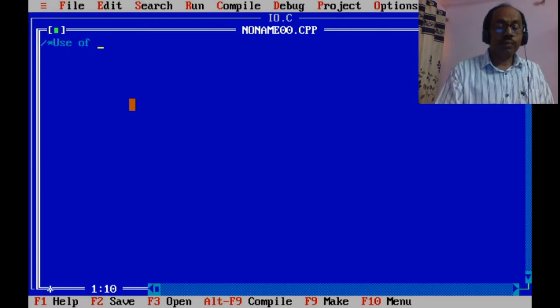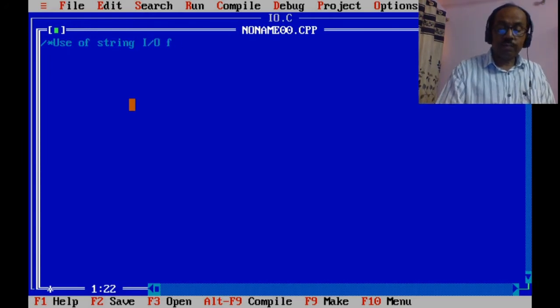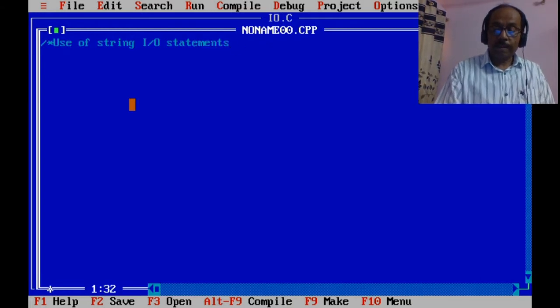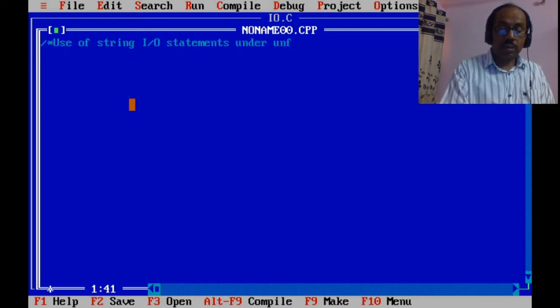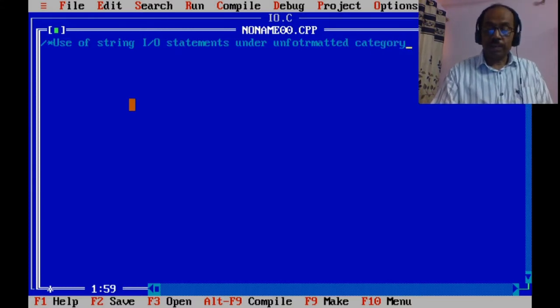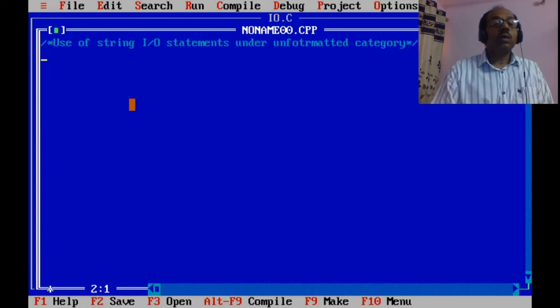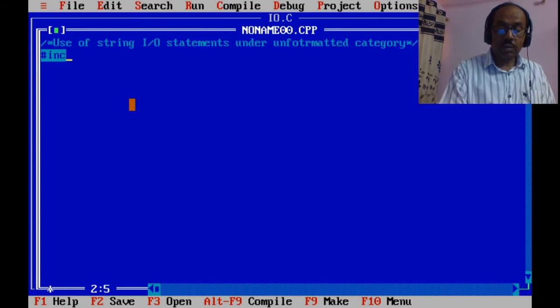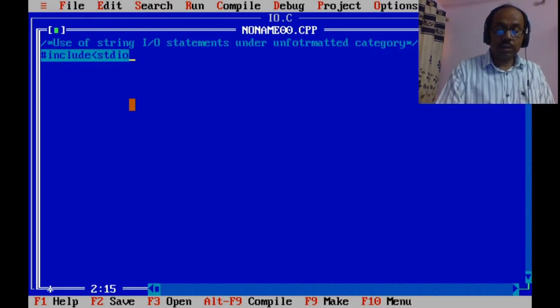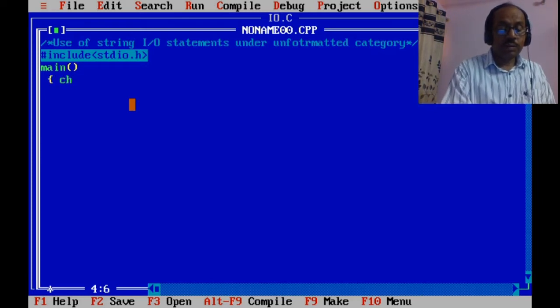Use of string IO statements under unformatted category. So #include <stdio.h>, main, char str.